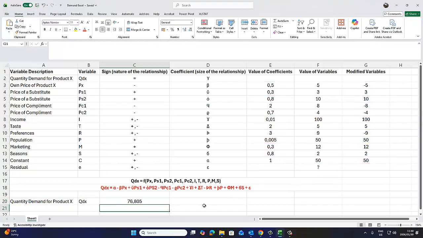The demand for that product, given all these things, is